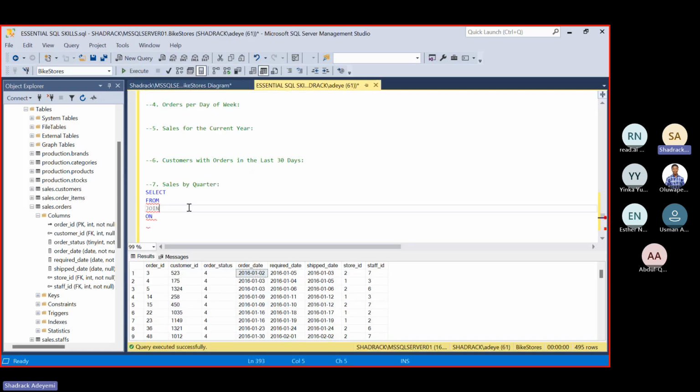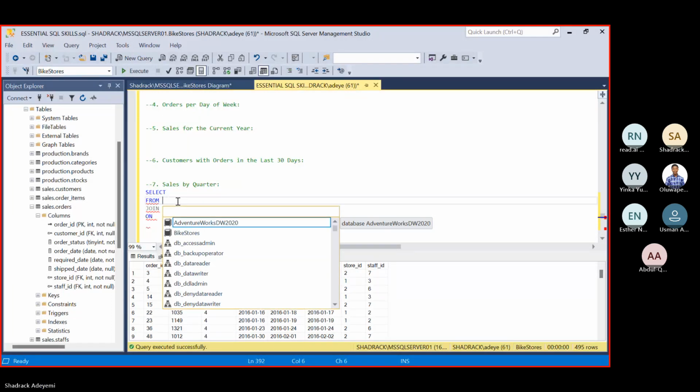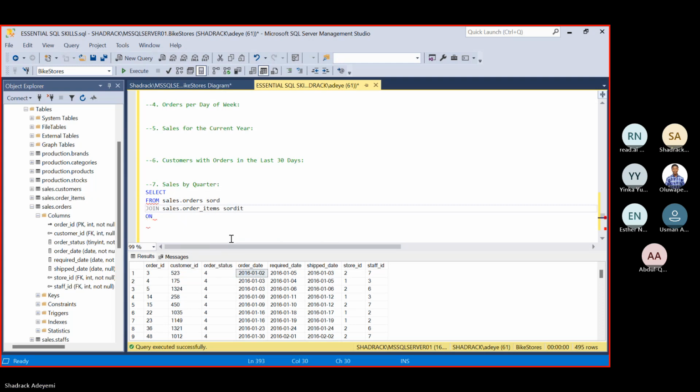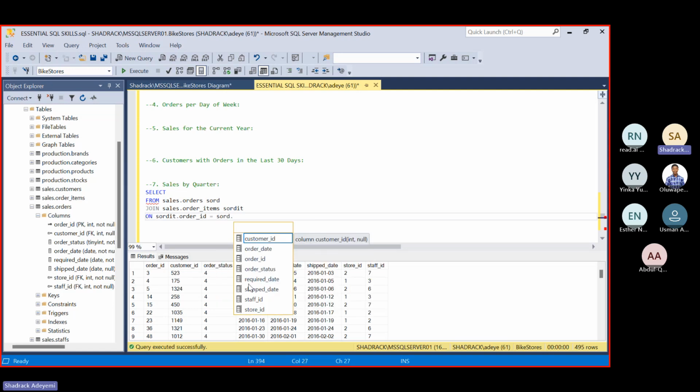I'm joining from the sales dot orders table as SORD, just aliasing that, and I'm going to be joining into the sales dot order items table as SORDIT, and then the relationship between them is the order ID. So I'm going to be specifying that as order ID.